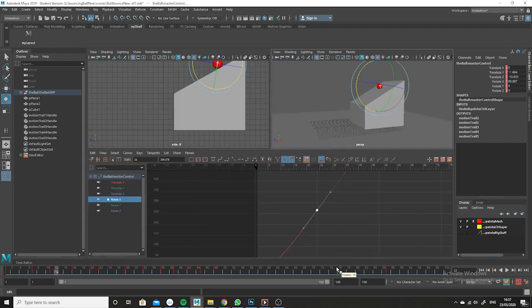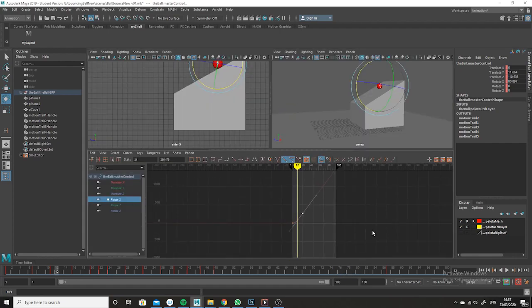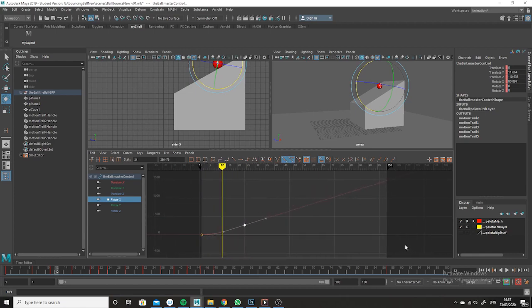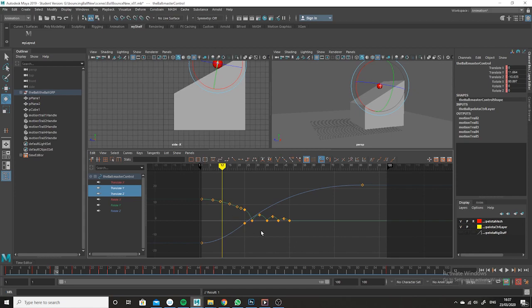So what we have to do is first of all find out where exactly the ball stops. We've got two curves here. We have the Y curve, and the ball stops bouncing at frame 48, but it continues to roll to frame 87. So therefore 87 is the last frame. Remember, 87 is the translations on the x-axis. This is the last frame. So when we come to our